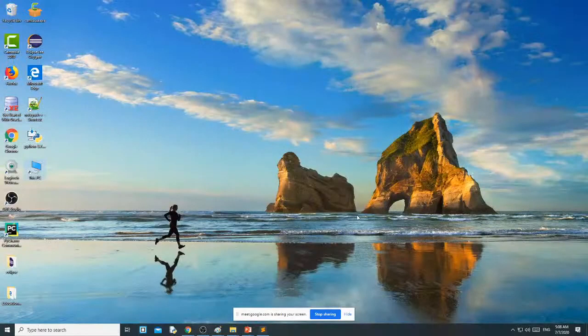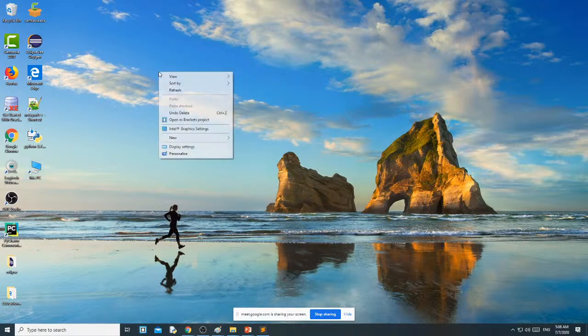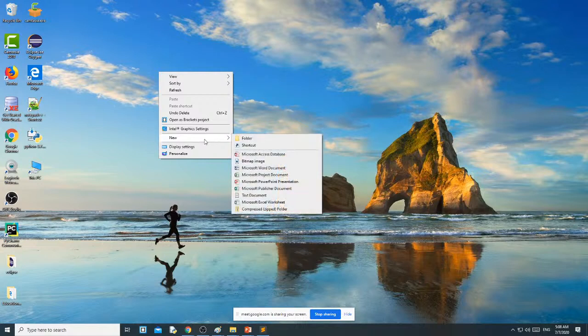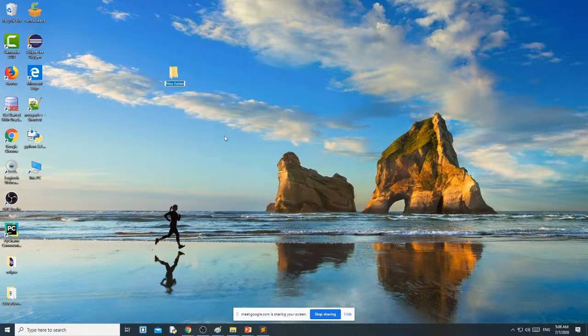Then we will see how to create the project. To create a project, first you need to create a folder. Where you want to create the folder is up to you. Like I am creating a folder on the desktop, but you can create a folder on any other drive also. And here I am giving it a name, Group 2 Educational Website.